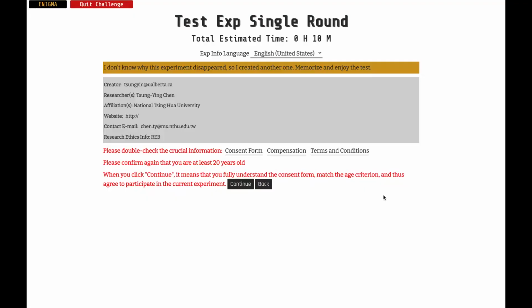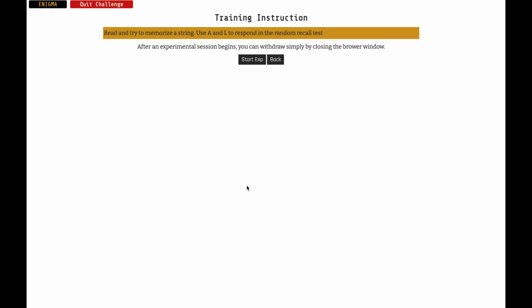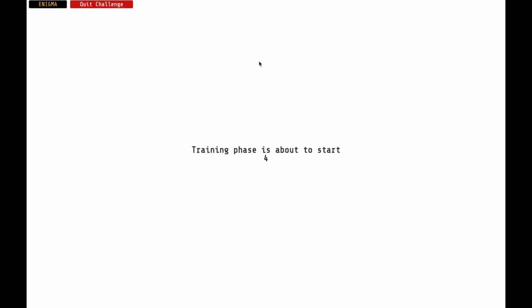Now, let's walk through a special situation if you quit a challenge halfway through by simply closing your browser or browser tab. Suppose that you have safety or ethical concerns over a challenge, or you just don't want to finish it. As noted earlier, once you go past an instruction page, a challenge session begins officially. If you choose to quit the challenge afterwards, your participation is considered complete as well.